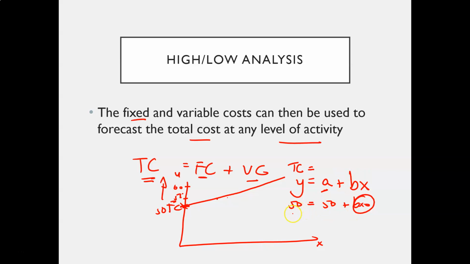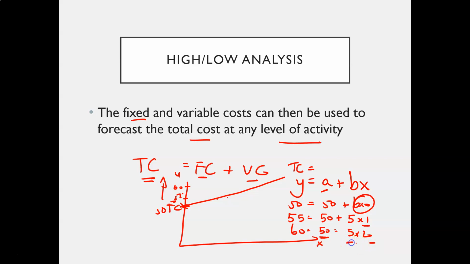Now remember with the first unit, I would have had 55 is equal to 50 plus 5 times 1, where I'm talking about I have 1 unit and the variable cost is 5, and you can see this growing into 60 is equal to 50 plus 5 times 2. And all I'm trying to do is plot a curve so that I could extrapolate and make assumptions, because I know the fixed costs and I know the number of units involved,